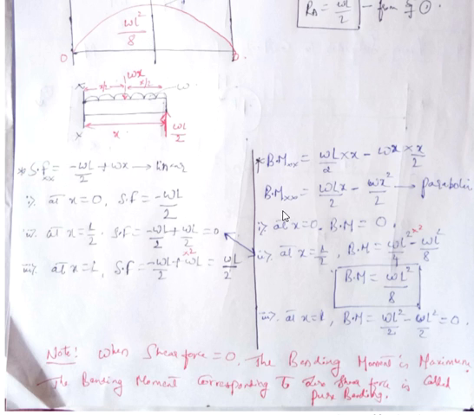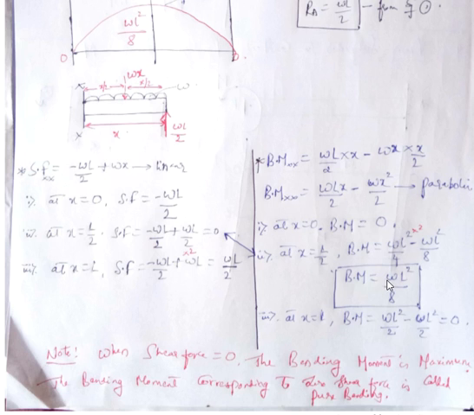Then at x equal to L, the bending moment can be taken as, in this equation substitute x equal to L, it will become WL into L, which will become WL square by 2 minus W into, instead of x put L, you will get WL square by 2. WL square by 2 minus WL square by 2 will become 0. So at x equal to 0, the bending moment is 0. At x equal to L, bending moment is 0. And at the center it is WL square by 8, which is some positive value.